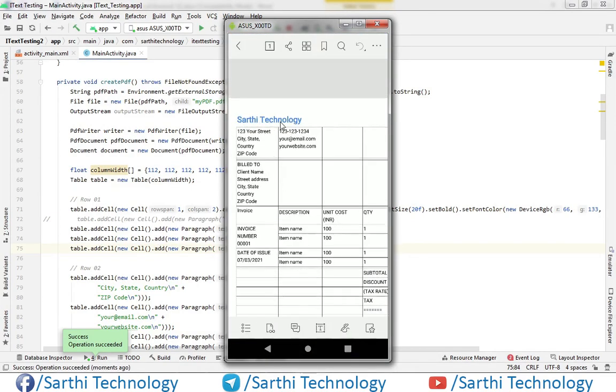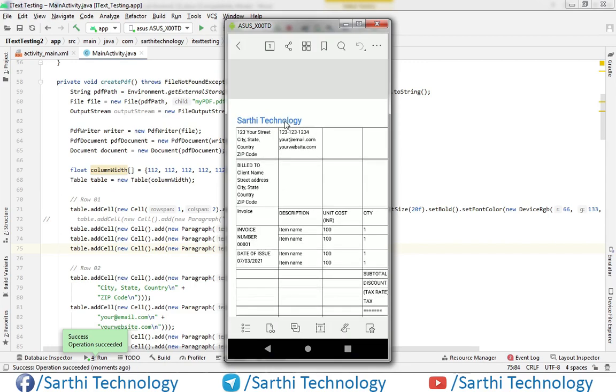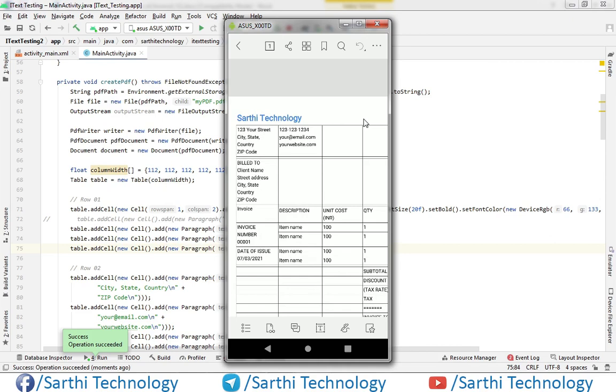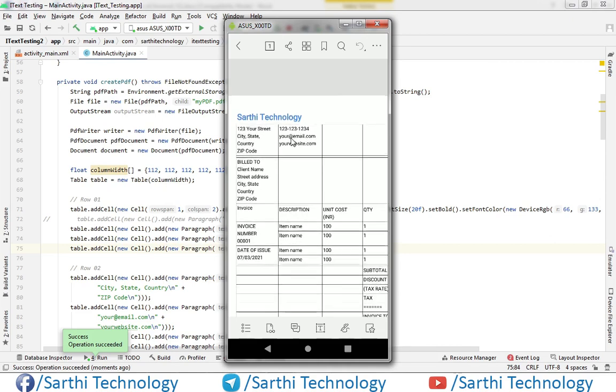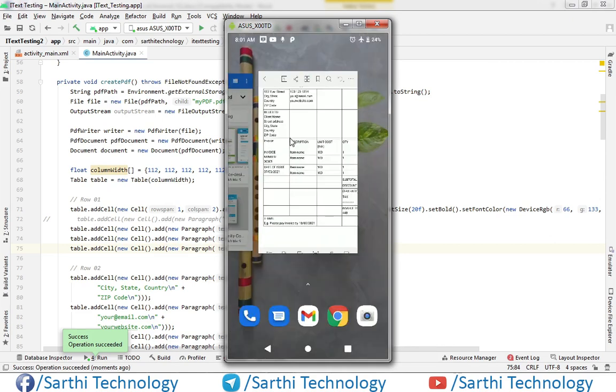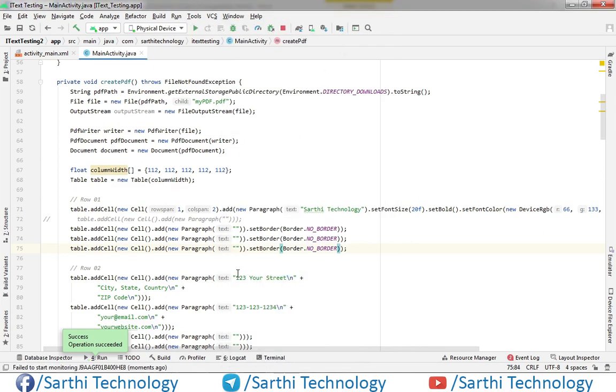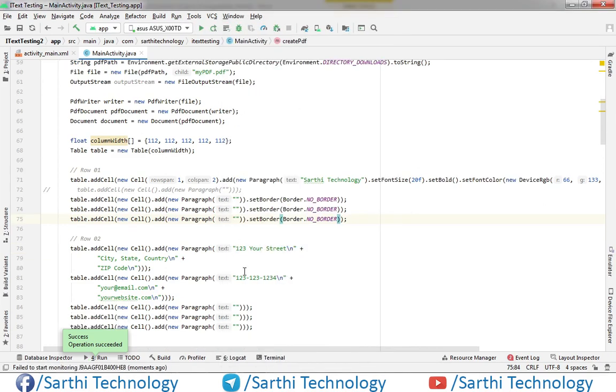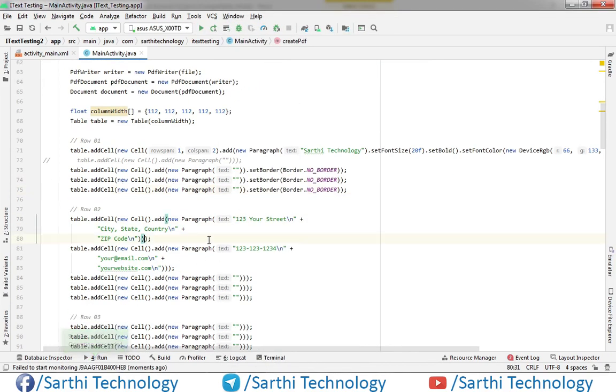Here you can see we have added this color and these no border cells. So let's continue. Just close. Here no border. No border.